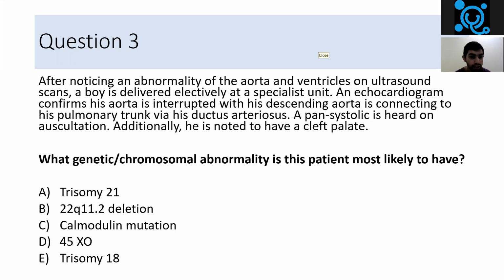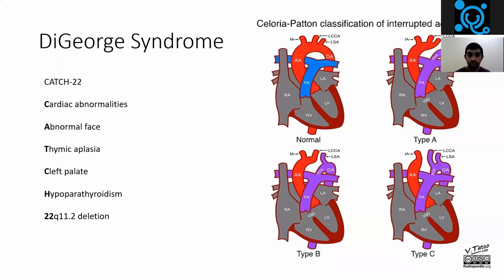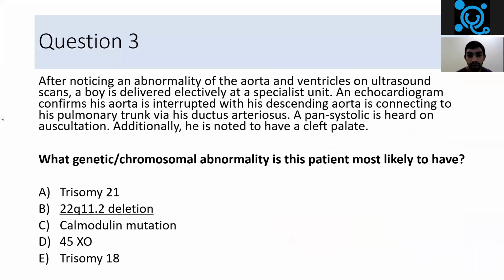So the main answers were split between B and E. Let's go through this. The correct answer is B, 22q11.2 deletion, and this is in keeping with DiGeorge syndrome. So if we go back to the question, the description here is